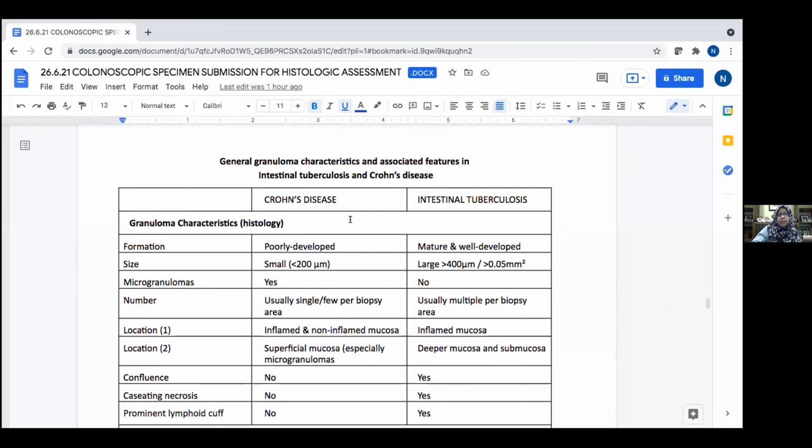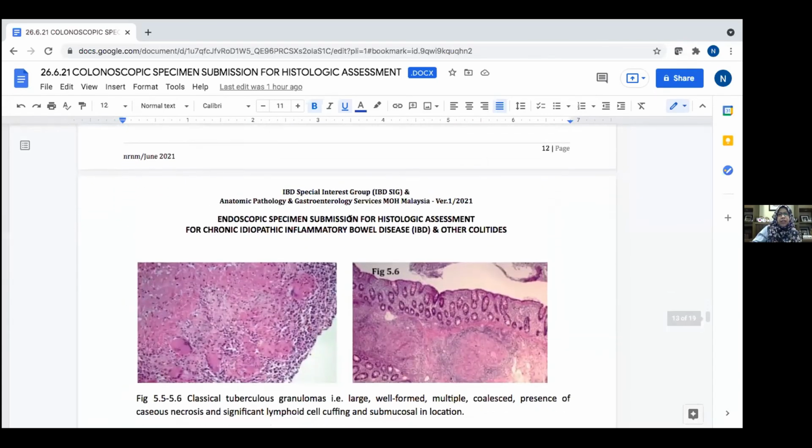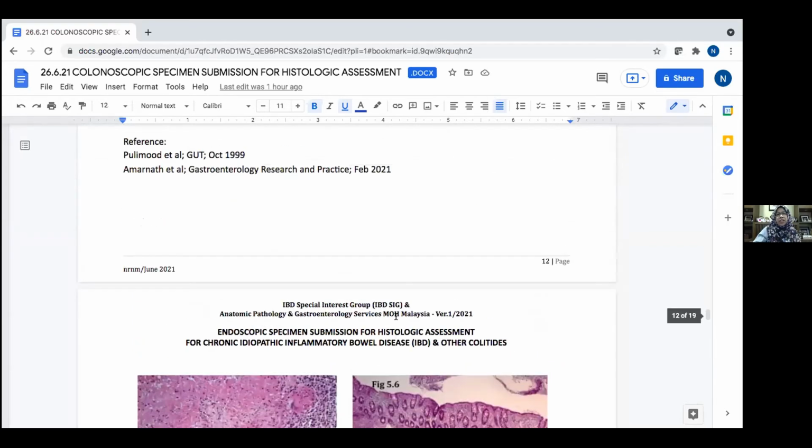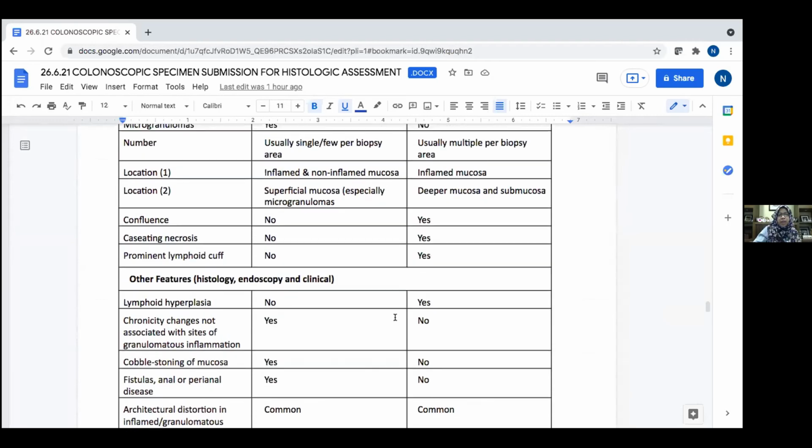Okay, so before that, I'll just show you, of course, these are classical TB granulomas. So many of them, many granulomas coalesce, caseous necrosis deep in the submucosa. So this is classical TB. You see this, you have no problem at all. You will diagnose TB in the blink of an eye. But there would be times when you see intermediate sized granulomas, some present in the mucosa, some in the submucosa, a few in number, but no microgranulomas, just intermediate sized granulomas. So these are the cases that can be difficult for you to be certain whether you're dealing with Crohn's disease or TB. So I have prepared here a